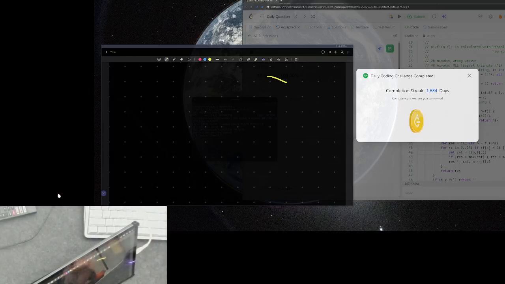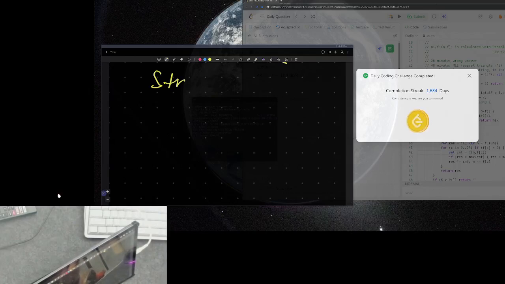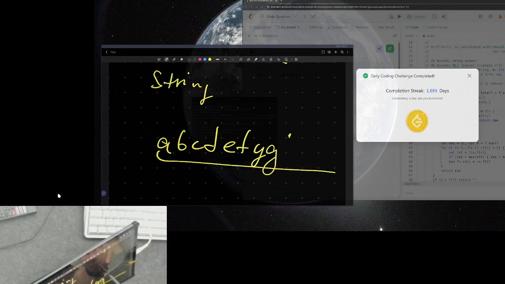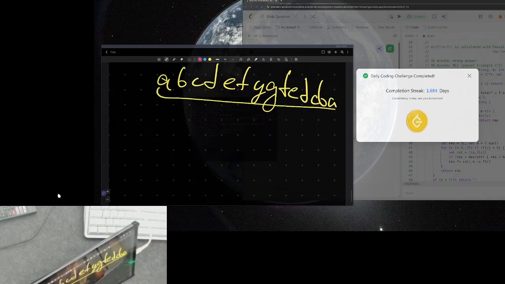Okay, we have a hard problem today. Given a string, A, B, C, D, and this is a palindrome, by the way, G, F, E, G, C, D, A. We want to find a permutation of the letters, so this gives us another palindrome